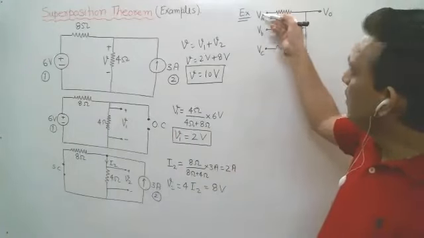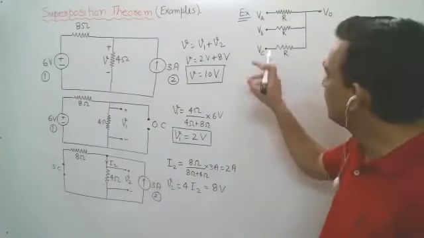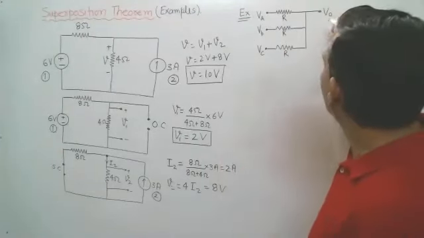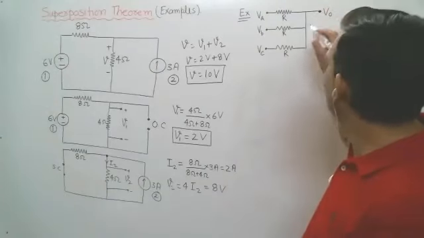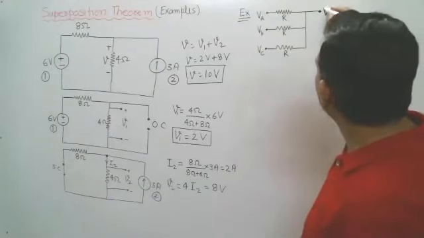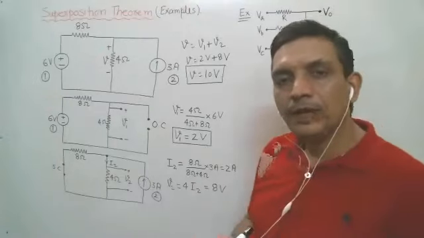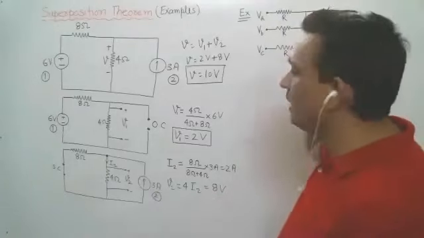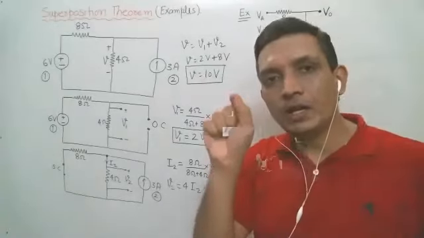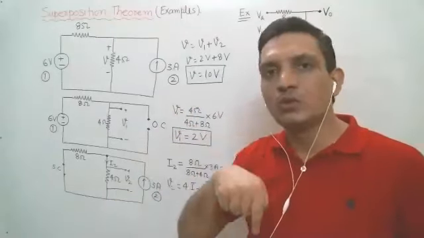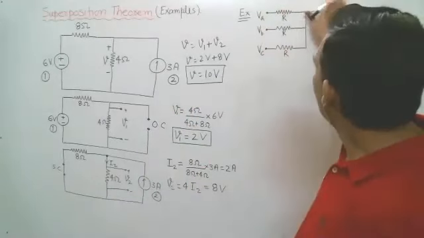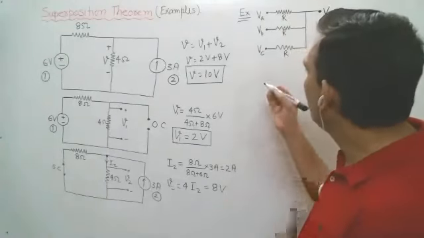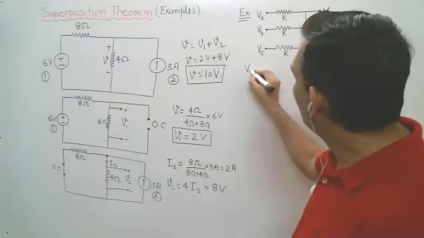Now consider three DC voltage sources. So VA, VB, VC represent three DC voltage sources, and you have to find this voltage, VO. So what is this voltage? It means you have to find this voltage with respect to ground. Whenever a voltage is written at one particular terminal, you have to find it with respect to ground. So what will be VO? Again you can use superposition. So according to superposition, VO will be...